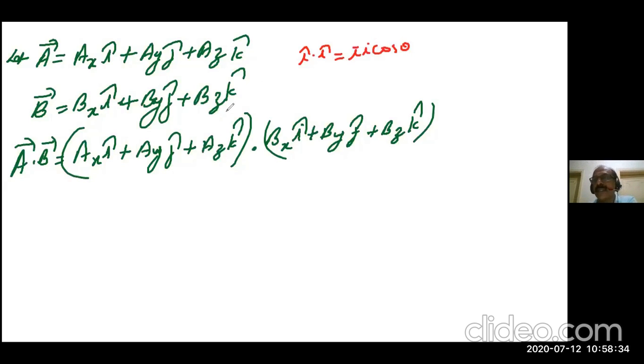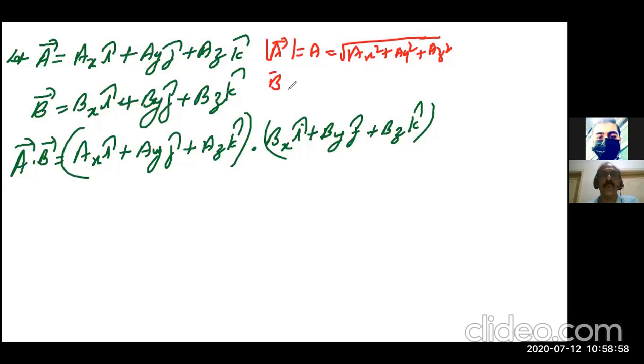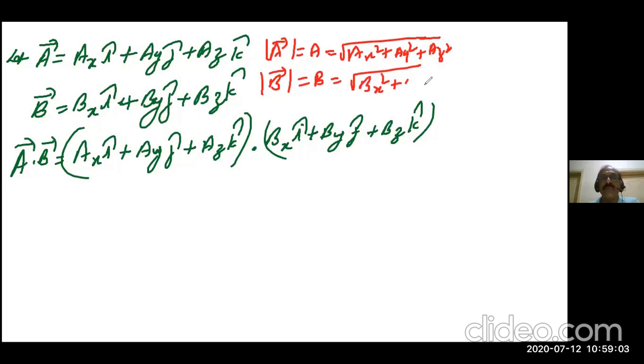Before that, one more thing. We have written A dot B is AB cos theta, right? A is the magnitude of this vector, so along with it you have to write this also. The magnitude of A is root of AX squared plus AY squared plus AZ squared. This is the modulus of B, so also write B is root of BX squared plus BY squared plus BZ squared. Because A dot B is equal to AB cos theta, that is how we calculate the magnitudes.